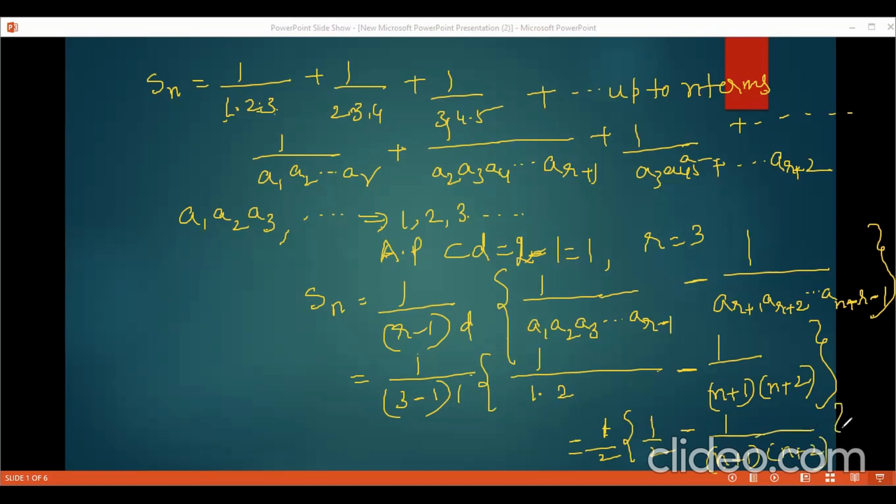Got it? In this way, we can easily solve if the series is in the form like this. Okay? Let us move to the second type. In the second type,